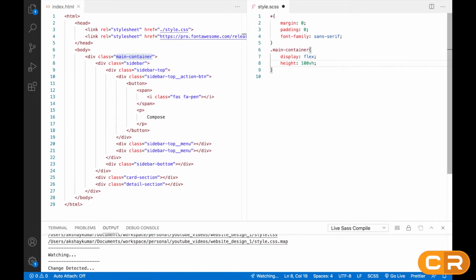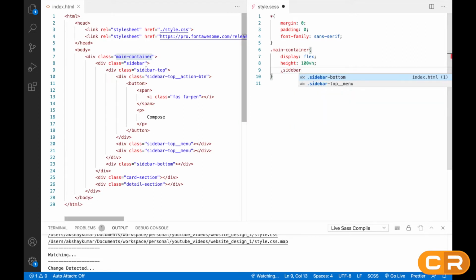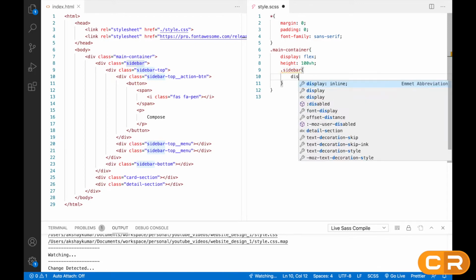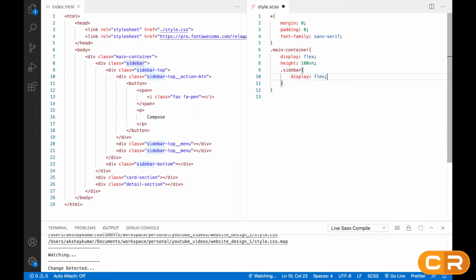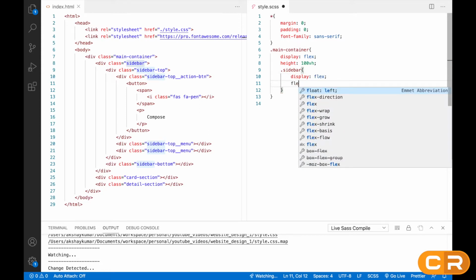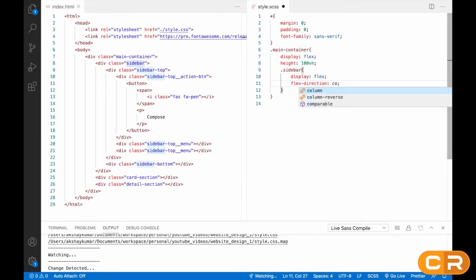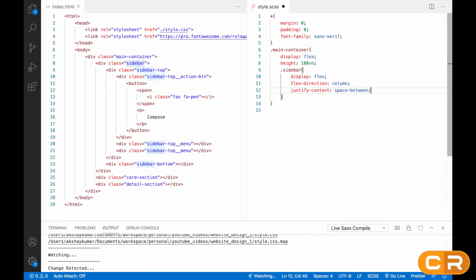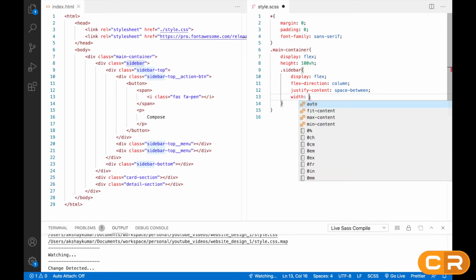Inside main container, we'll write sidebar, this one. Okay. And here we'll write display flex, flex direction column, justify content space between, and width will be 200px, right?